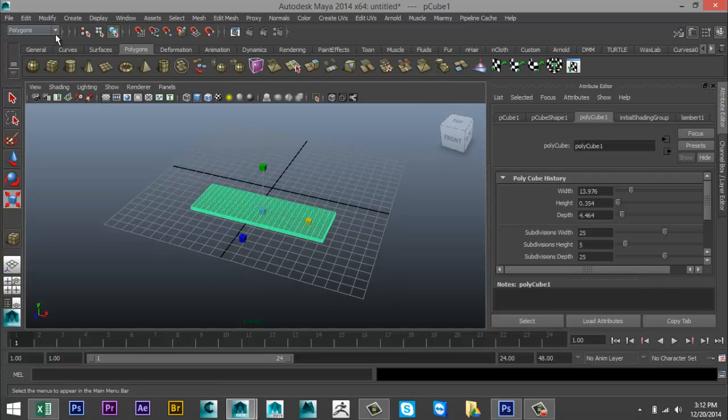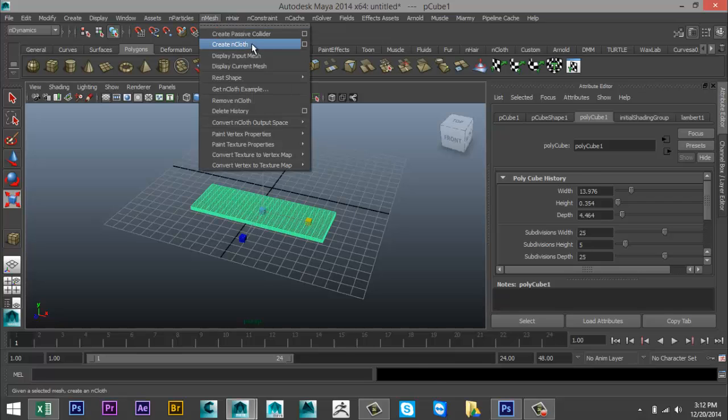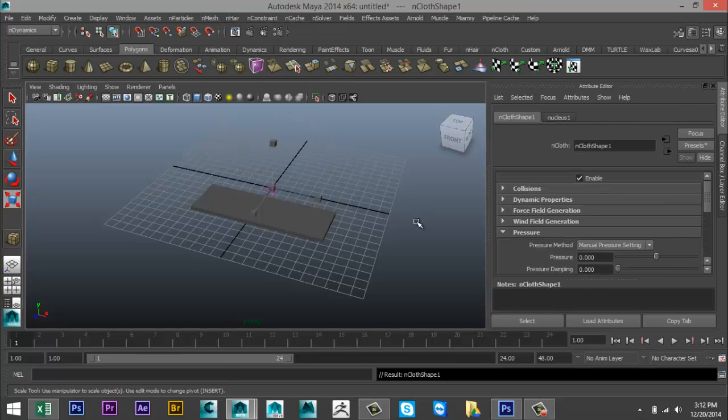We're going to select our object. We're going to go to our nDynamics menu. We're going to go to nMesh, create nCloth. There we go. And now that we have that created,